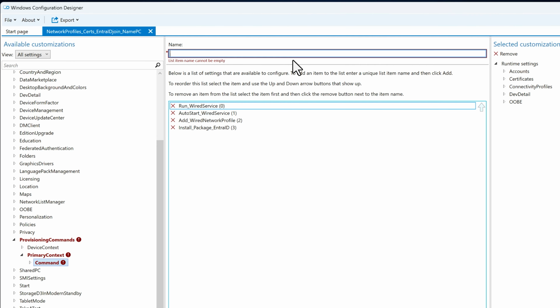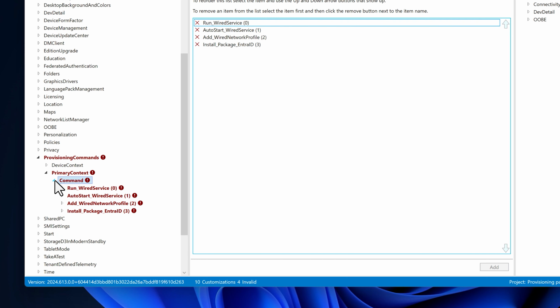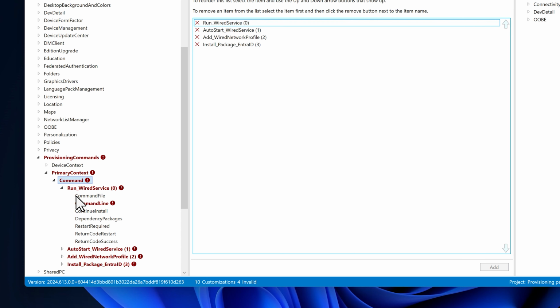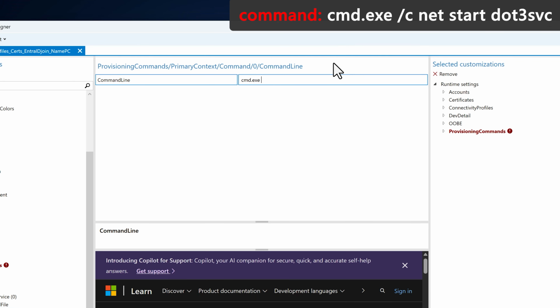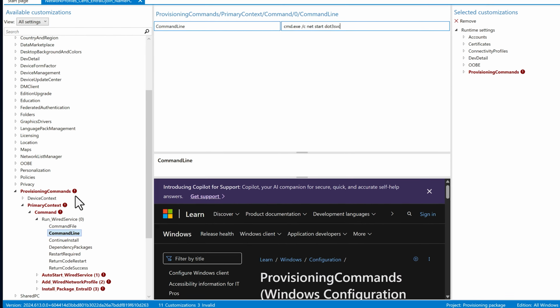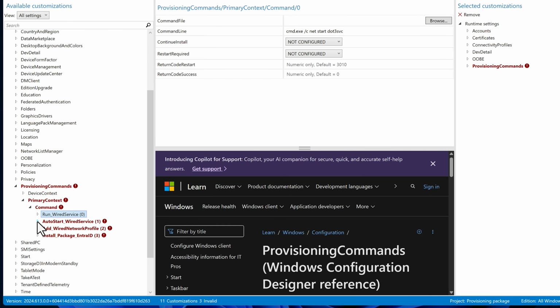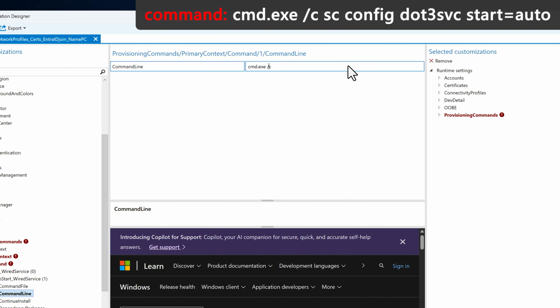Now that our commands have been created, let's configure them. So over on the left, drop down Run Wired Service, and then open Command Line. Type in this command to turn on the wired autoconfig service. Looking at the second command called Auto Start Wired Service, enter this command to set the wired autoconfig service to run automatically when Windows